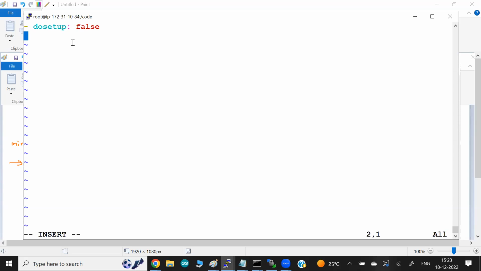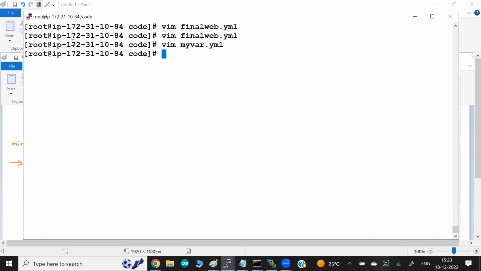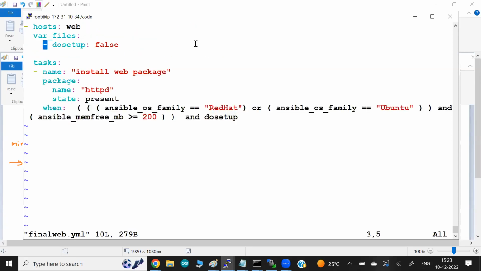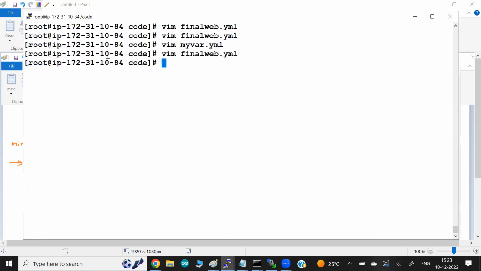Okay, variable there. And which file we're using, because we might create hundreds of files, so we'll include this file in my code. So instead of the variable name, we can include the file name. Now, the interesting thing is, when I run this playbook,